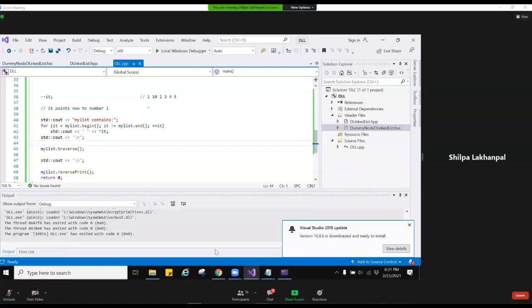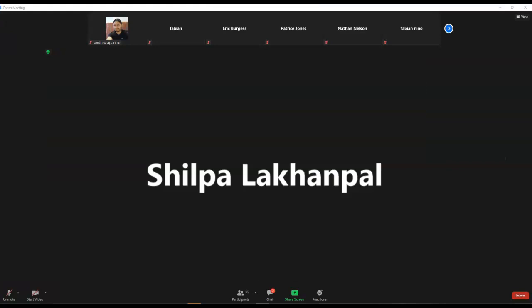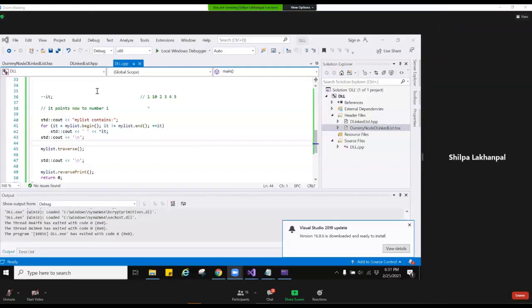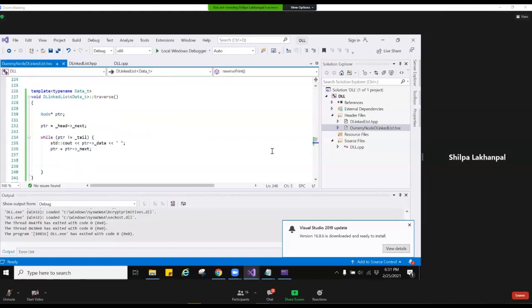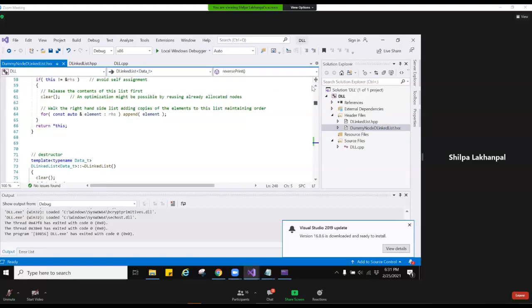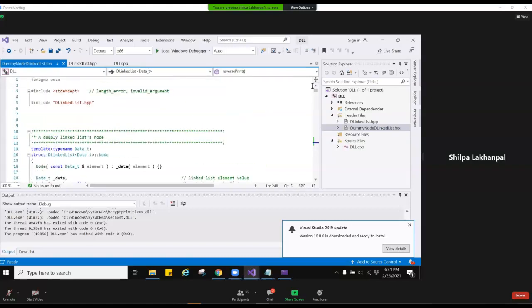Now think of some similar questions. Mostly, another question could be like, add a function to the doubly linked list class that searches for a given number in the list.